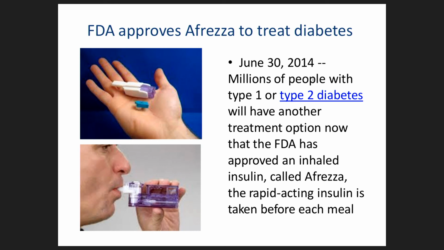In 2014, there was approval of an inhaled insulin therapy, Afrezza. Afrezza is a rapid-acting insulin therapy inhaled through the lung. The patient will inhale the insulin, and the capillaries in the alveoli will absorb the powder of the insulin, and that is like a rapid-acting insulin. But the problem is that in some patients, their lung function deteriorates. That's why it's not highly or widely used worldwide.